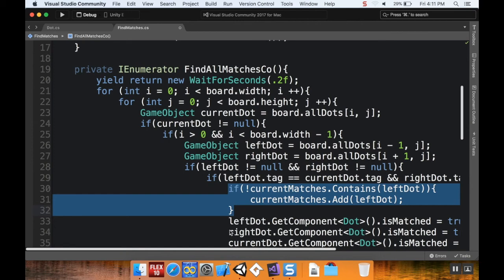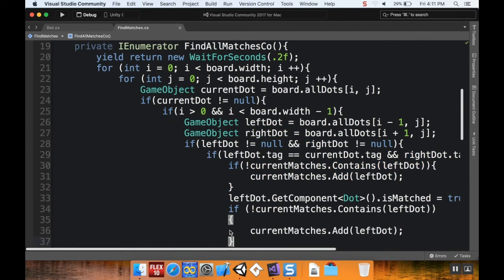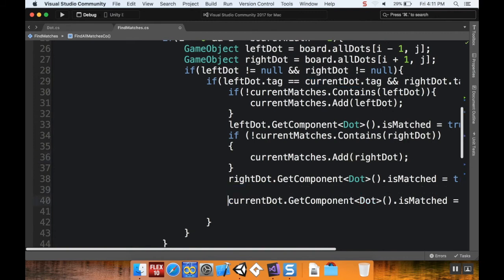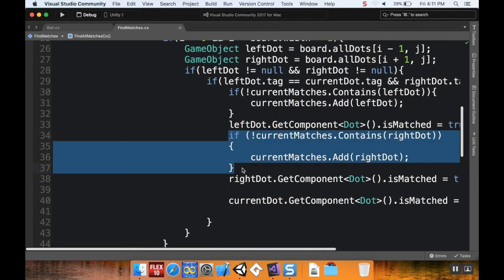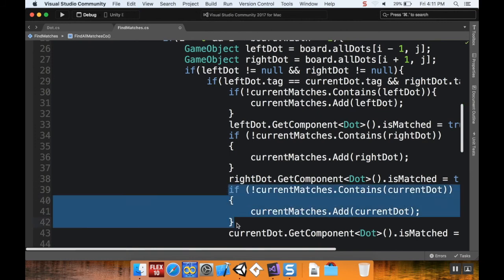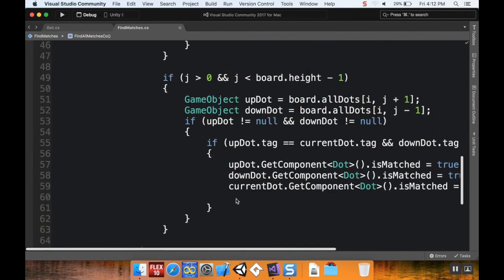So I'm going to copy this code here. And like I said, this can be refactored, and we should probably do that next time. But kind of coming up on time here, so let's do it the lazy way. Okay, so there we go. And now I'm going to do the same thing for current dot. So I'm going to paste here. Oops, not what I meant to do. I'm going to copy all of this again. I'm going to paste here. And instead of being right dot, I'm going to say it's current dot and current dot. All right, so I can copy this whole if statement here and go down here,